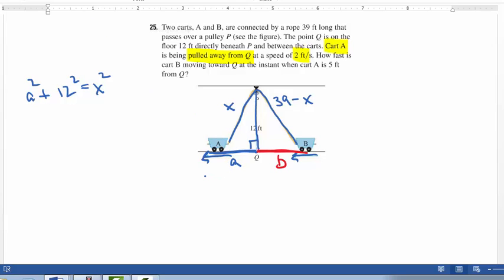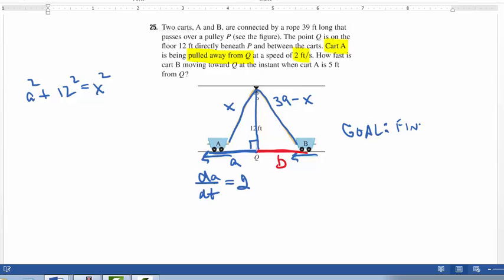So dA/dt is increasing, right? dA/dt is the change in A, so A is increasing 2 feet per second. So dA/dt is 2. So if I know a squared plus 12 squared equals x squared, and my goal really here